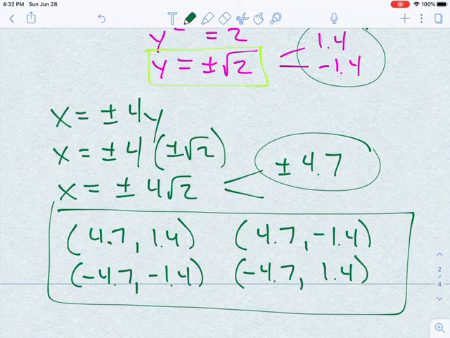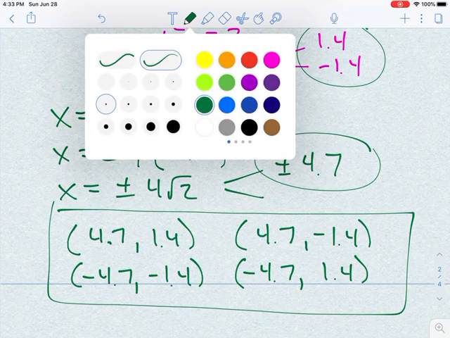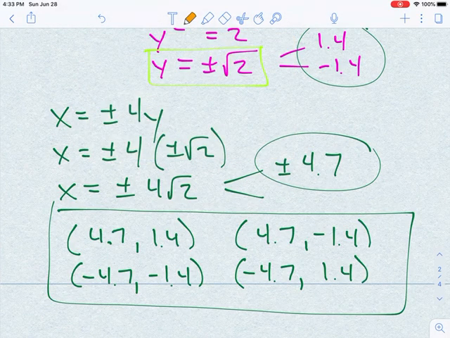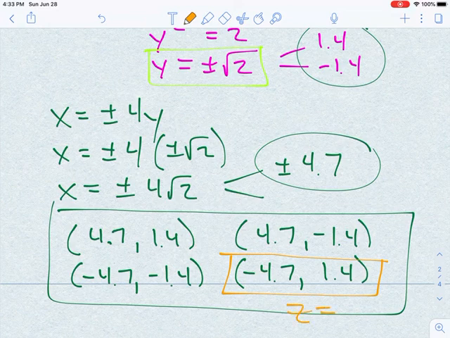Now, if you look at the question more closely, it asks for the absolute minimum value of z at the point negative x, positive y. That's a key here that most people miss. Negative x, positive y. So we're looking for a specific answer. I'm looking for the negative x value and the positive y. So there's going to be an absolute minimum at that point. You need to find out what the z value is at that point